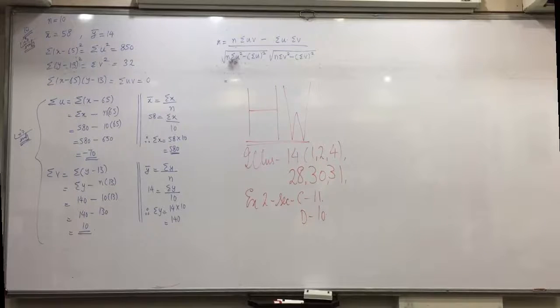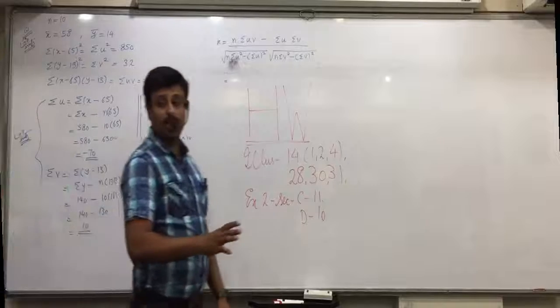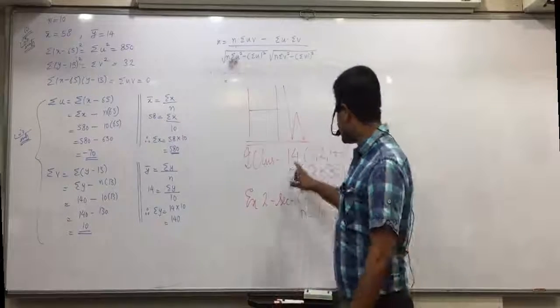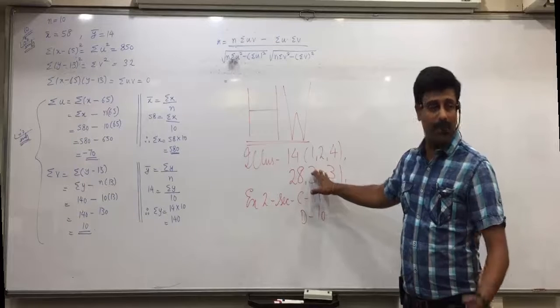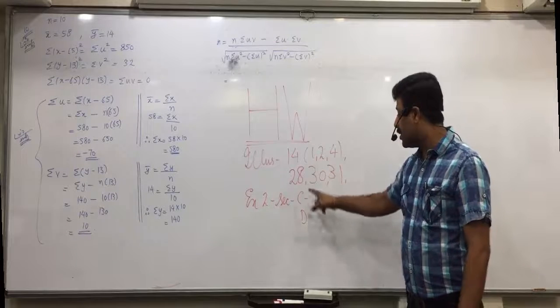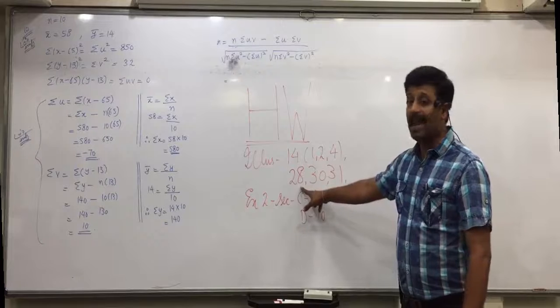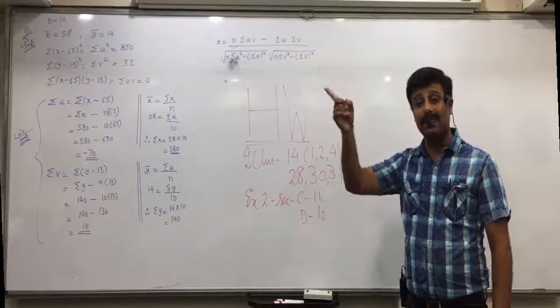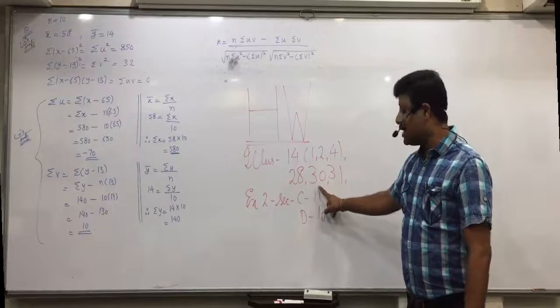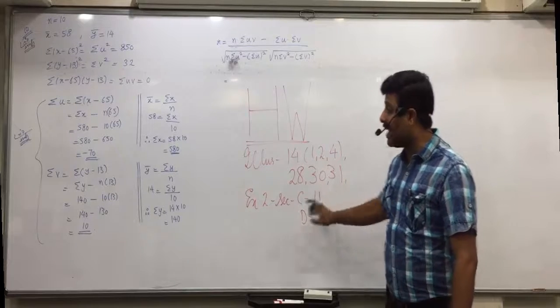Yes, now? These all are based on short questions. Illustration 14 is directly application of the formulas. 3 formulas what we did, the first 3 ones. Illustration 28 is that wrong values and correct values. But you are given wrong as well as correct. Illustration 30 and 31 are like this.